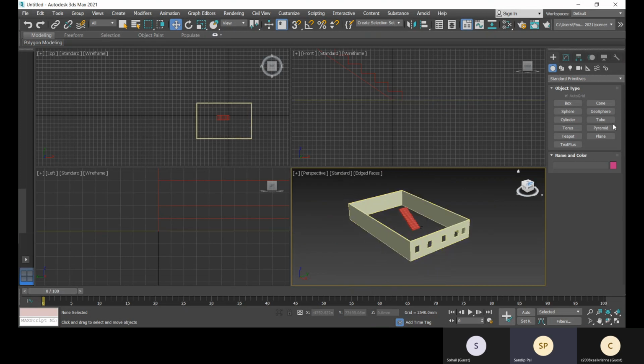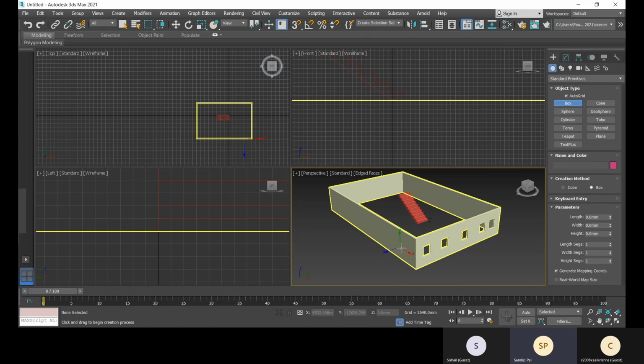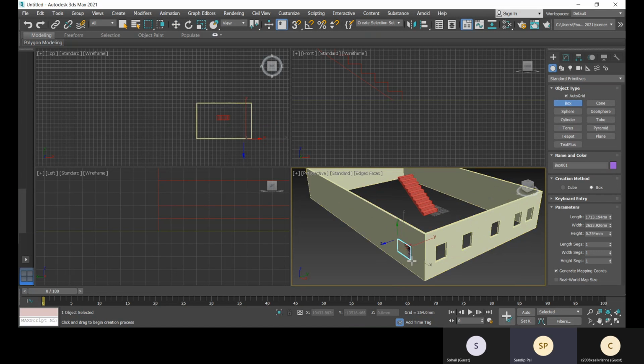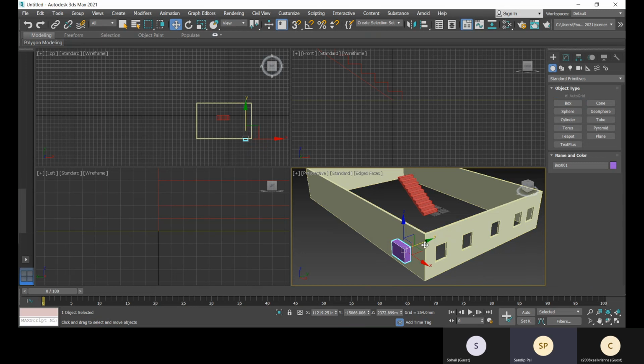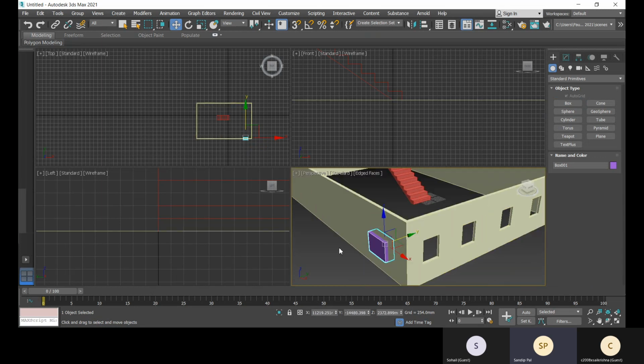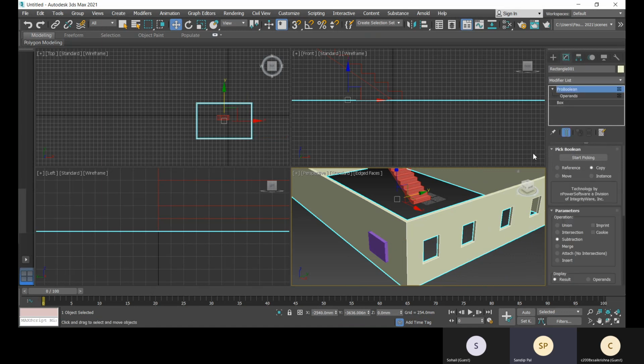Go to standard primitives, and with this auto grid option on, you can create a box. Move it a bit to the inside, and select this editable poly, and in that subtraction should be selected. Then click on this start picking option and select this.